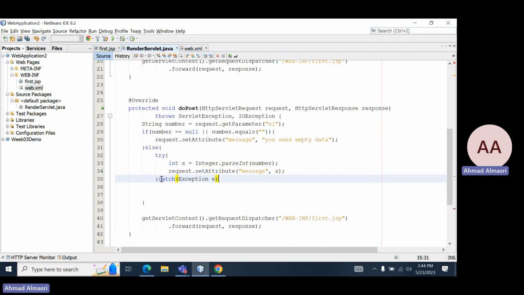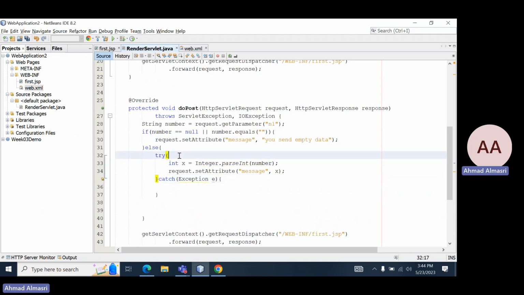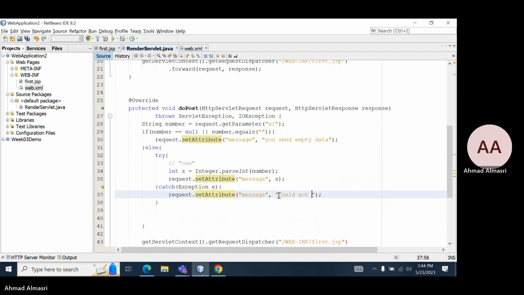Okay, and this exception, what you should do is, let's say I entered a word, like let's say 1, something like this. As I said, here we're going to have an error, but it's going to be caught by the exception here. And here I will send you a message, and this message will be, for example, couldn't convert